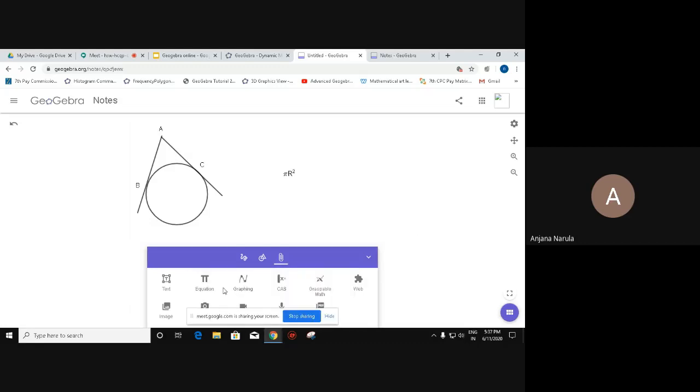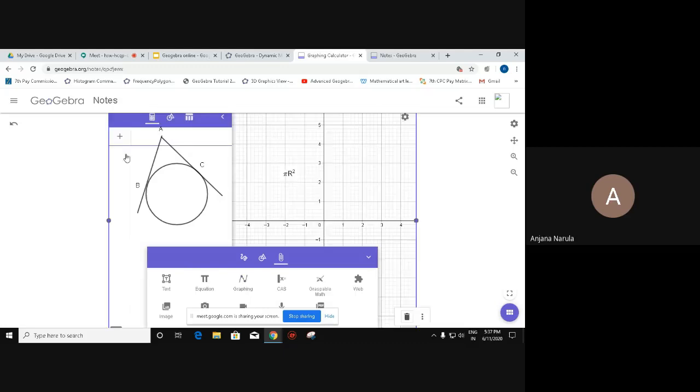Again, the third one is the graphing tool. By clicking on this, we'll get the GeoGebra applet. So we can make a GeoGebra applet here. CAS is another view of GeoGebra. Then there is hyperlinking of any page. If you want to demonstrate in your class, you can hyperlink here. Images, you can insert videos, you can insert audios, or you can attach PDF files. All the features available in other software are available here.